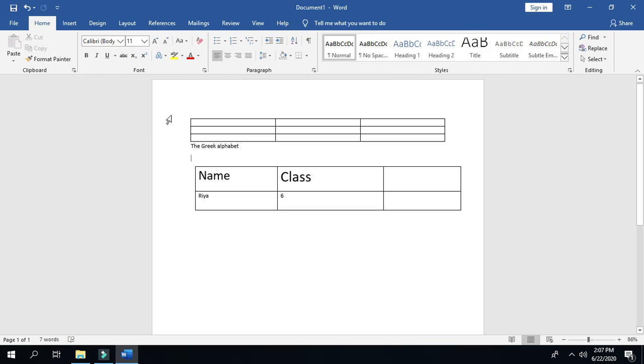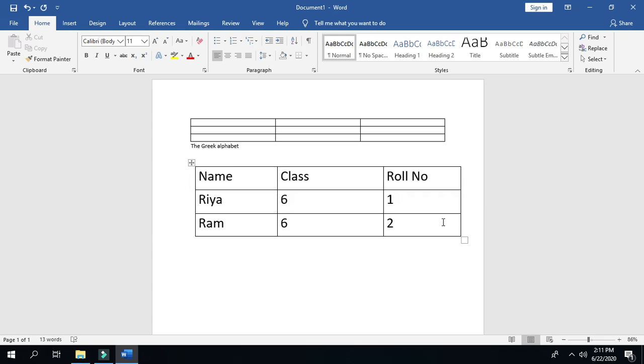Next is editing a table. Editing means to perform some changes in a table. Whenever we want to perform any change in a table, firstly we have to select the cells in a table. First point is to select a single cell. Single cell means a single box.